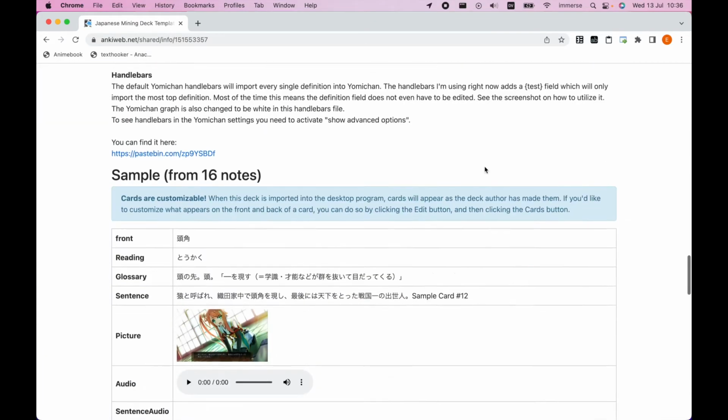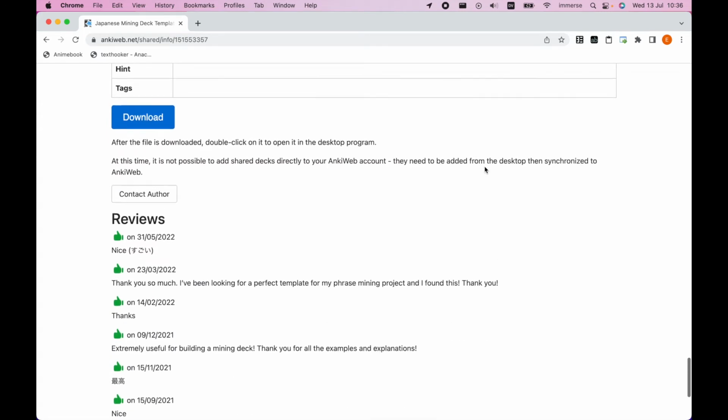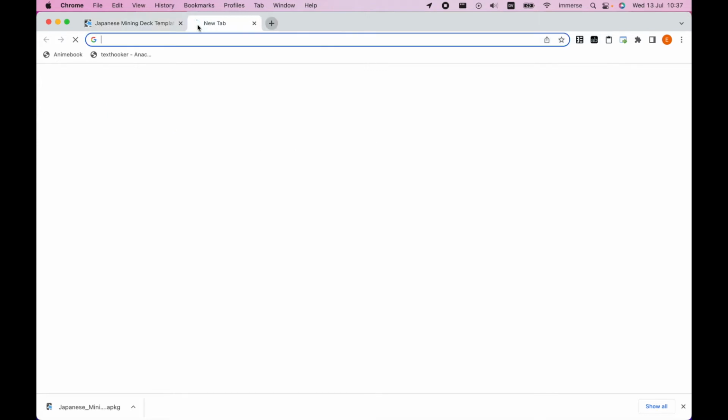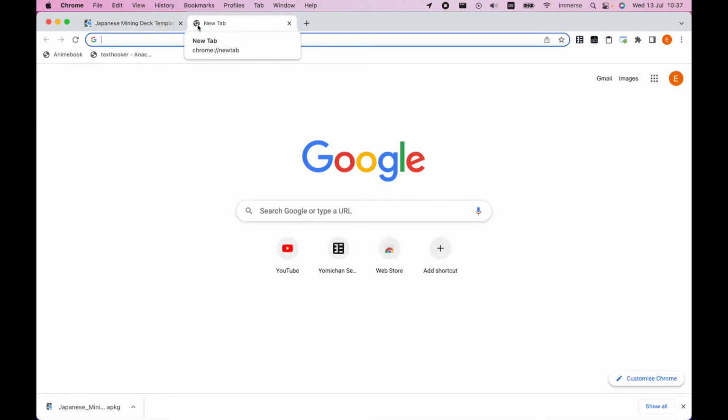and go ahead and scan down to the download button. Hit the download button. Now there's one more deck that is worth checking out. If you go ahead and type in